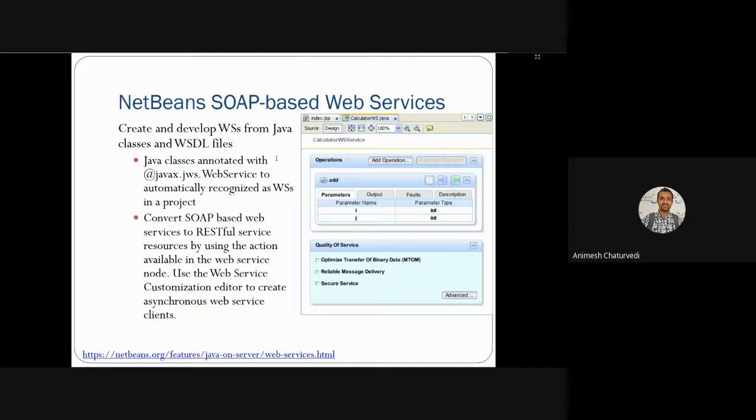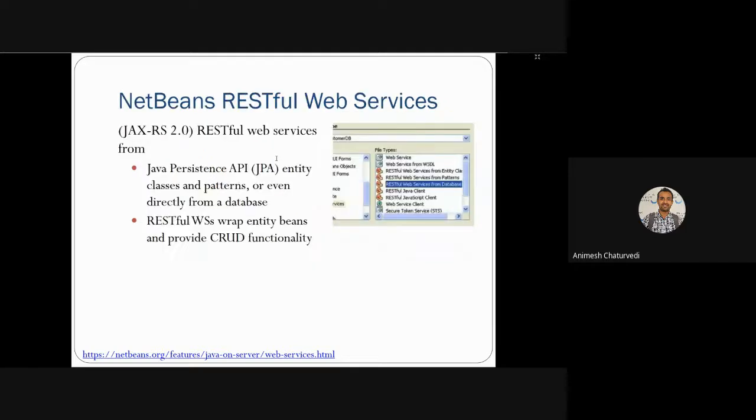Thereafter, you can use the web service customization editor to create an asynchronous web service client like you are seeing on the image. So this type of thing you can create.